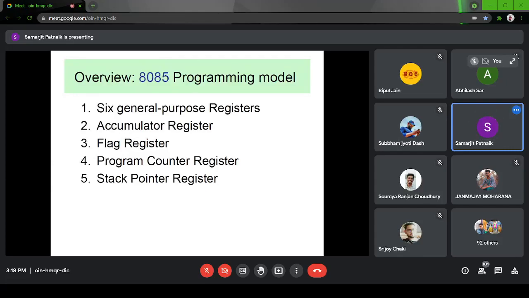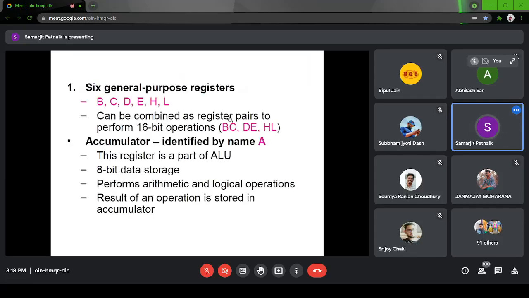Apart from storing intermediate values, it also holds the results and performs all kinds of arithmetic and logical operations. Third, there are flag registers, 5 different flags. Four, the program counter register. Five, the stack pointer register. So all these 5 things are really important.